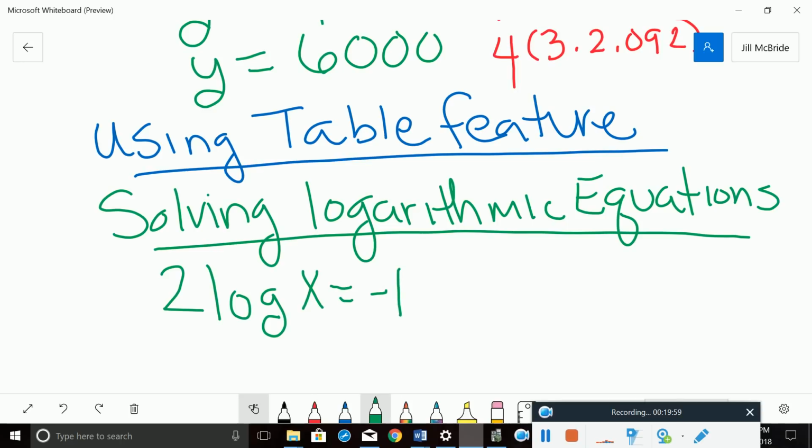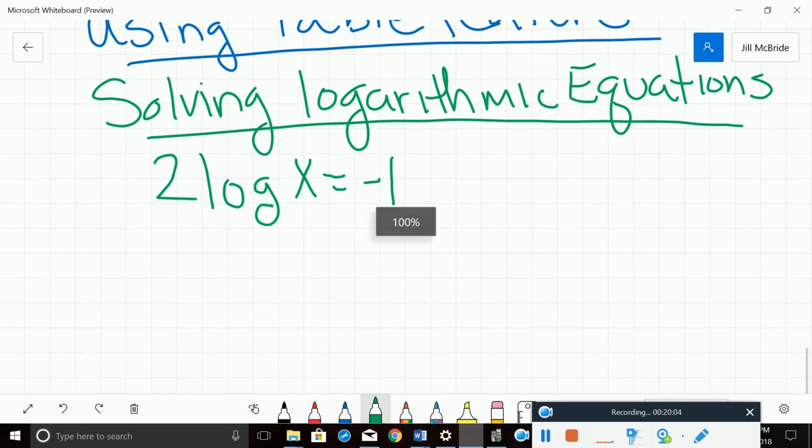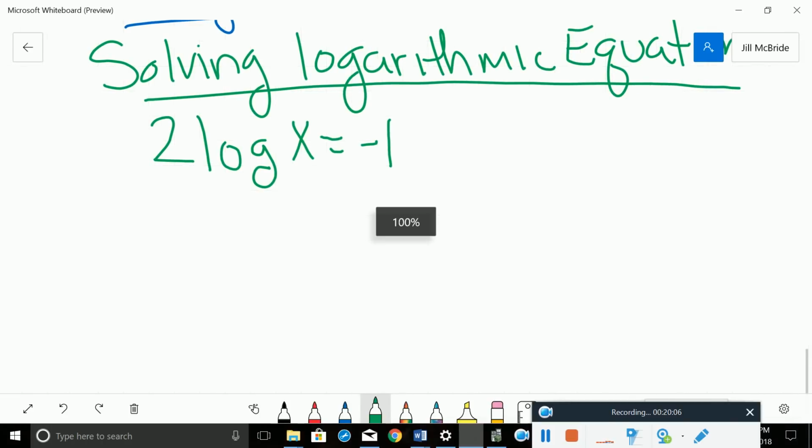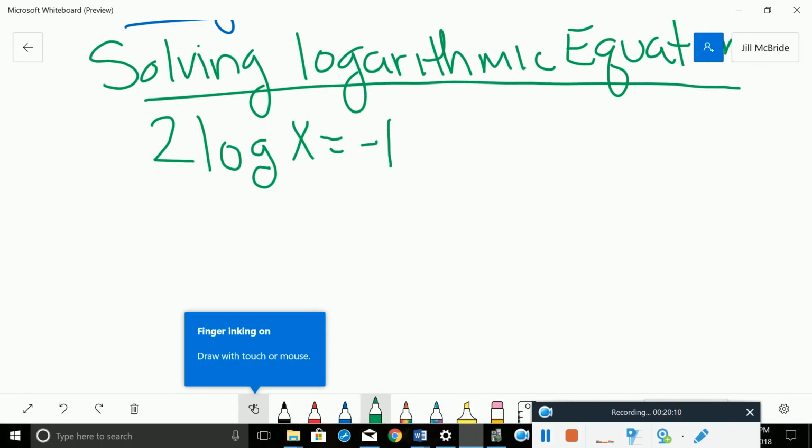We know that we solve logarithms using exponentials. We turn our logarithmic equation into an exponential. But before we do that,